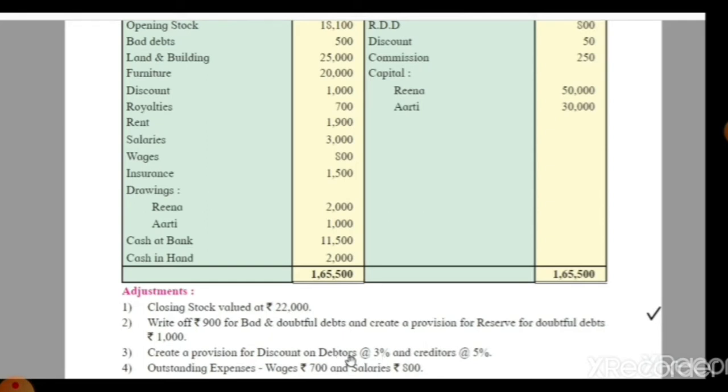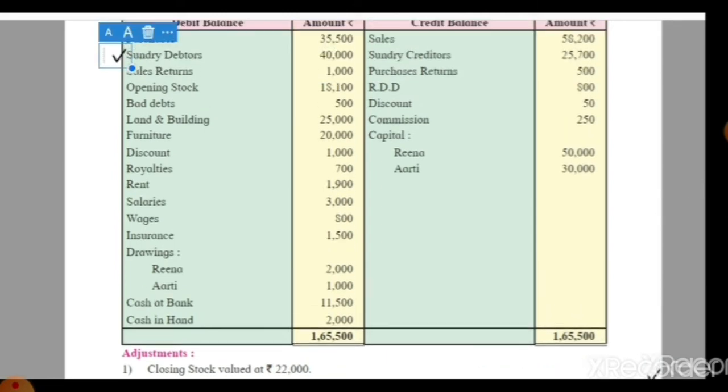It means one more item is related to the sundry debtors, so we already put a tick mark before the sundry debtors. Similarly, there is a discount on creditors at the rate of 5%. This is a provision which is made for the discount expected from the sundry creditors. It means we also receive discount from the sundry creditors. It is an income of the business. Here we deduct that discount amount from the sundry creditors, so we put a tick mark before the sundry creditors, which is available in the trial balance credit balance list.